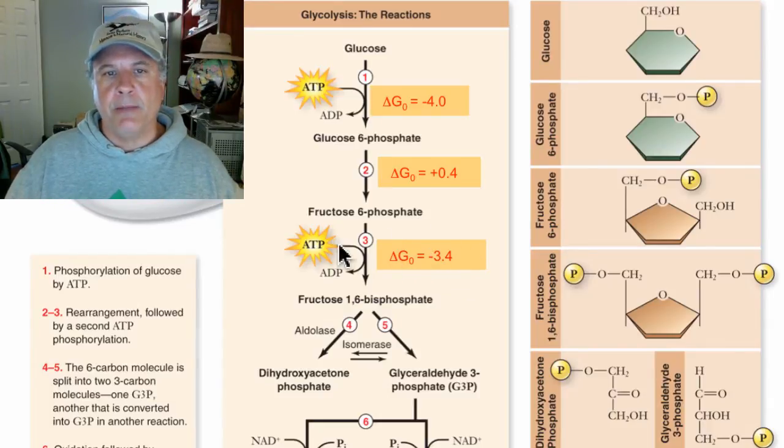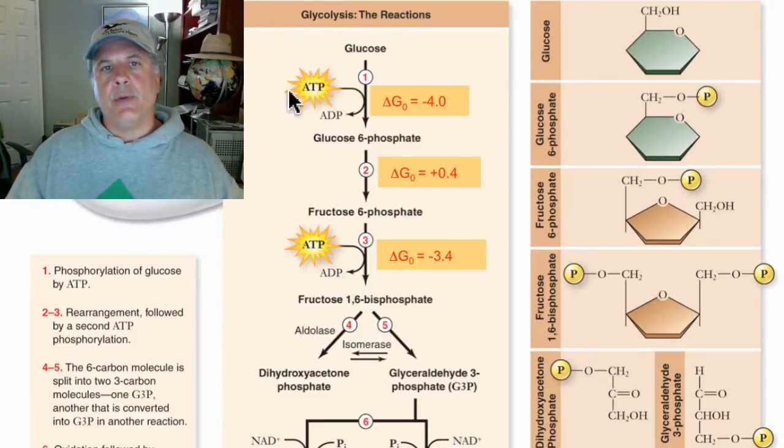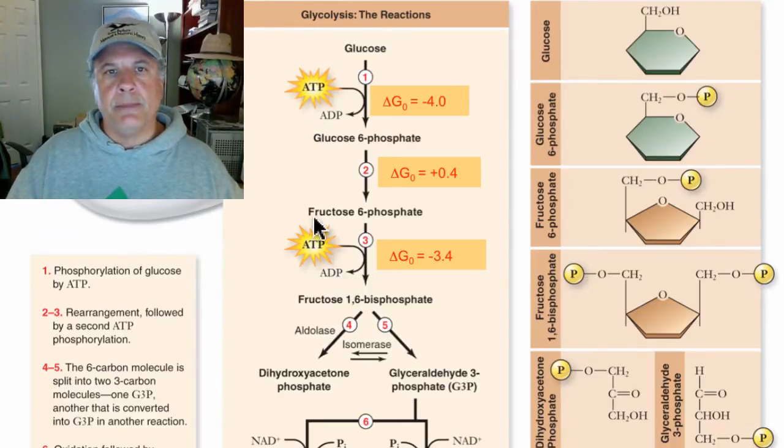That's to be expected because we are hydrolyzing a high energy phosphate bond in the donation of a phosphate group from ATP, yielding an ADP molecule. So you can see we've already invested 2 ATPs here and yielded 2 ADPs in this phase. Now, the next step is really a 2-step reaction. Aldolase is the enzyme, and then isomerase also is an enzyme. They act in concert here.